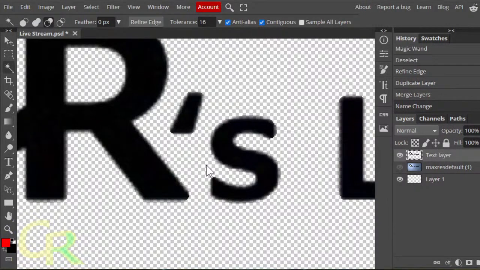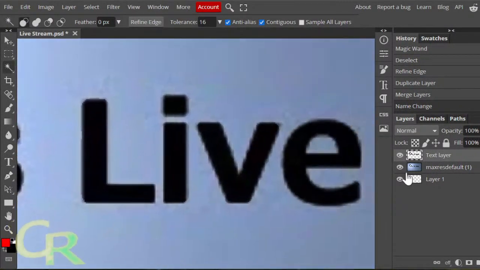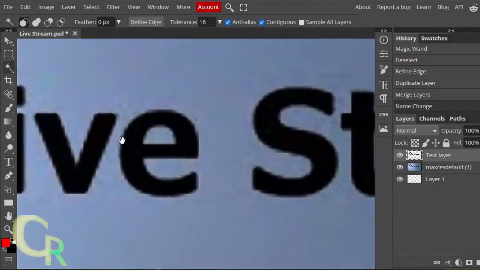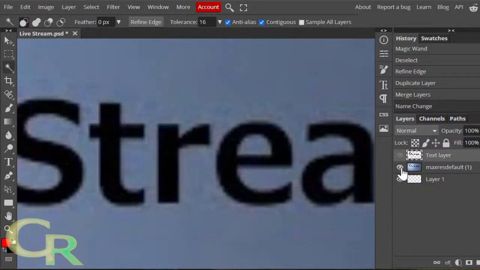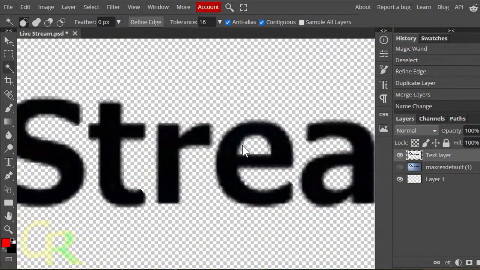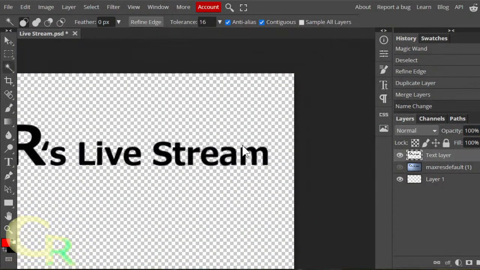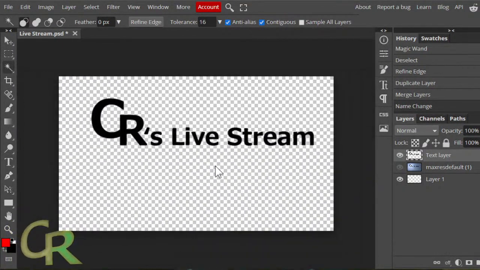So let's see what else to have here. Yeah, I think that'll work. I got most of it. Just clicking the below layer just to see if there's any difference as far as I can tell. Yeah, it's a little bit more, but that's okay. Control minus to zoom out. This is how it would start.